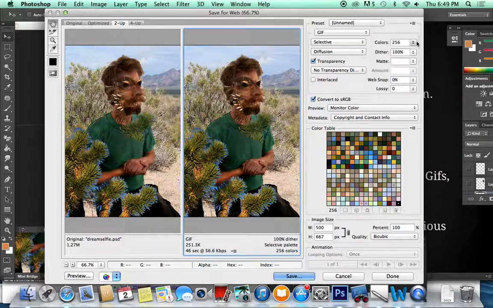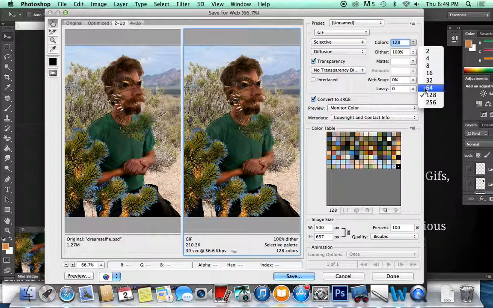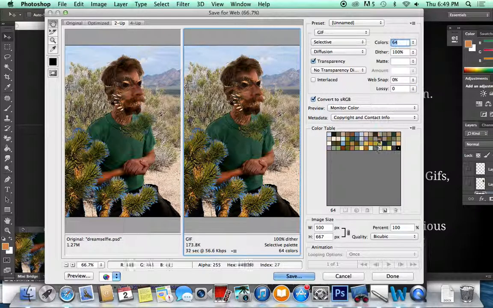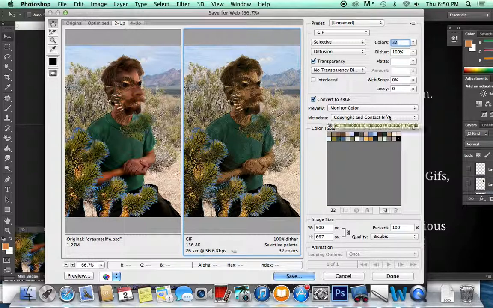So anyway, we don't have to spend forever on this, but you can play around with the colors that you're using. This is an indexed color compression system. You can see that if I go into colors and reduce my total number of colors, it has these index colors showing up for me here. I can actually choose my own colors to be part of this index if I want to, and it has horrendous effects on a photographic image, as you can see for yourself. But for images with flat color,